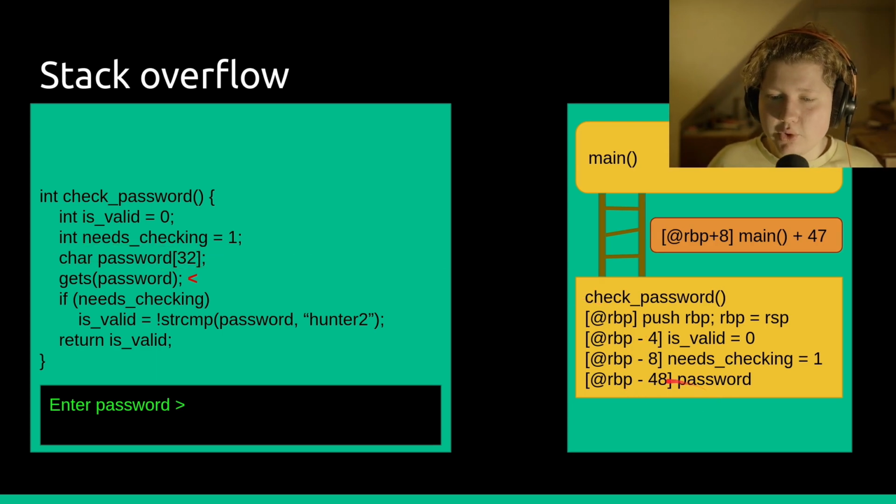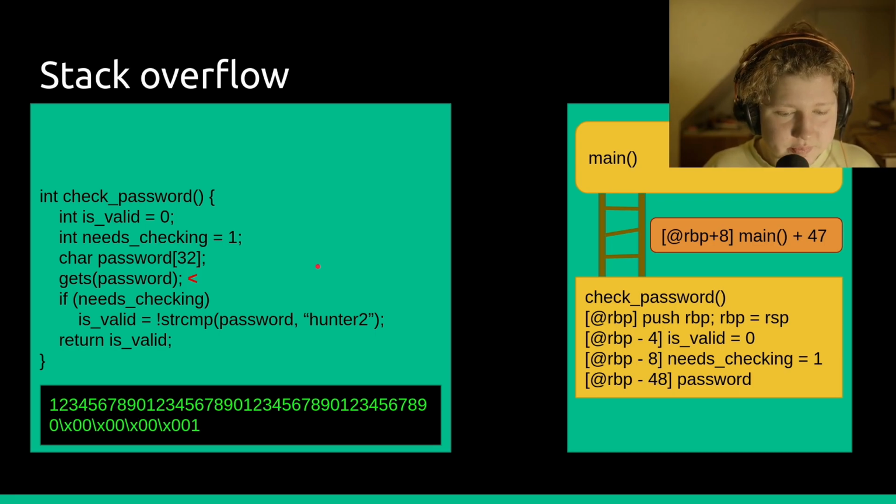So it can read more than 32 bytes right here. It can read more than 40 bytes right here. It can, well, override these values because the stack goes downwards and these values are above the buffer. And it's really, really amazing for us because that allows us to do just what we thought of doing. So all we need to do is write 4 random bytes right here, then 4 0 bytes to set needs